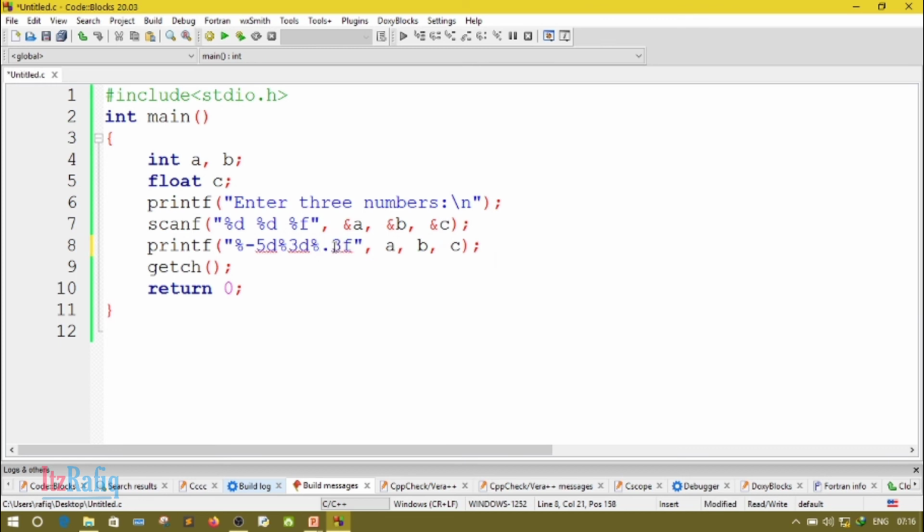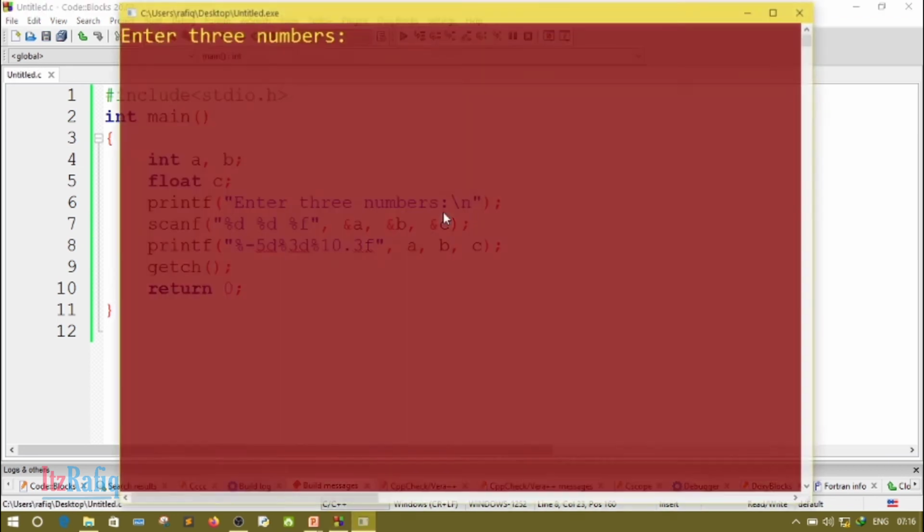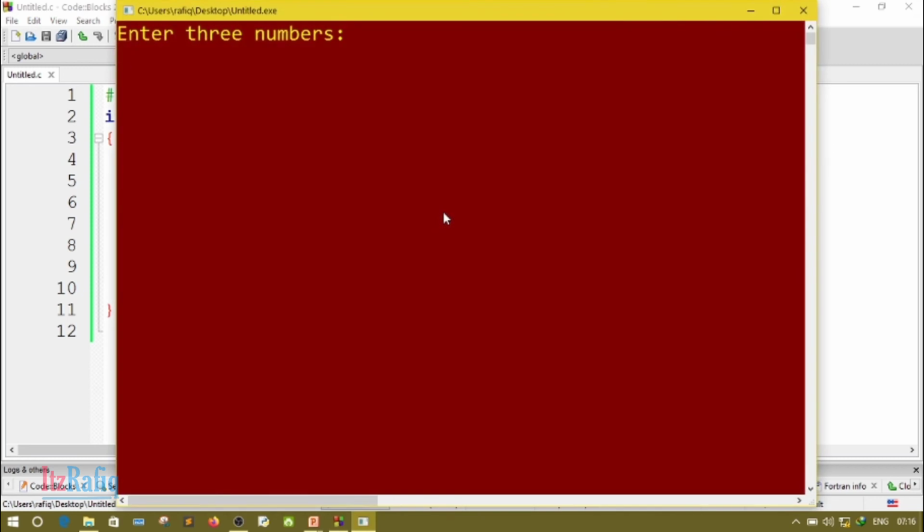Suppose I'll take 10, %10.3f. So build now. First number 2, second number 5, third number 7.45678. So here you can see the first number is displayed on the left hand side because I have given a minus sign. 5, then 7.457, but I have entered 7.45678,